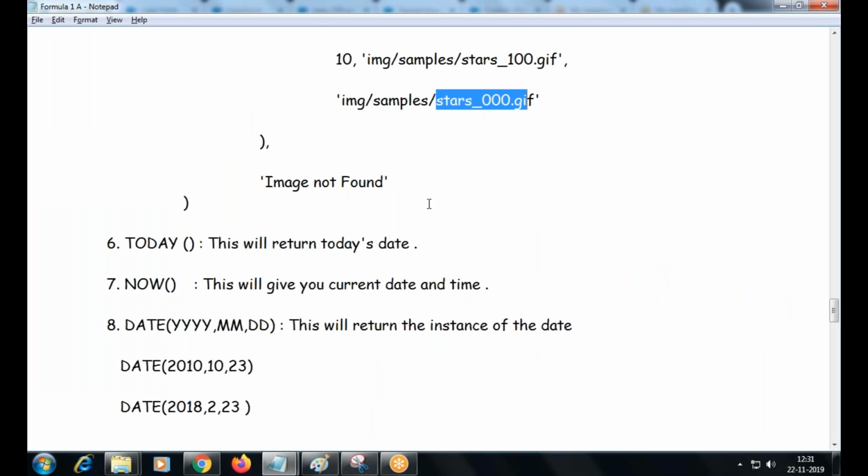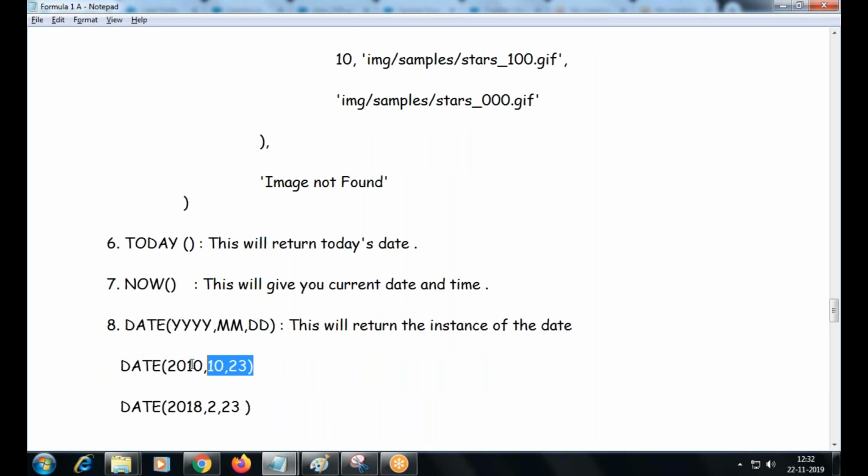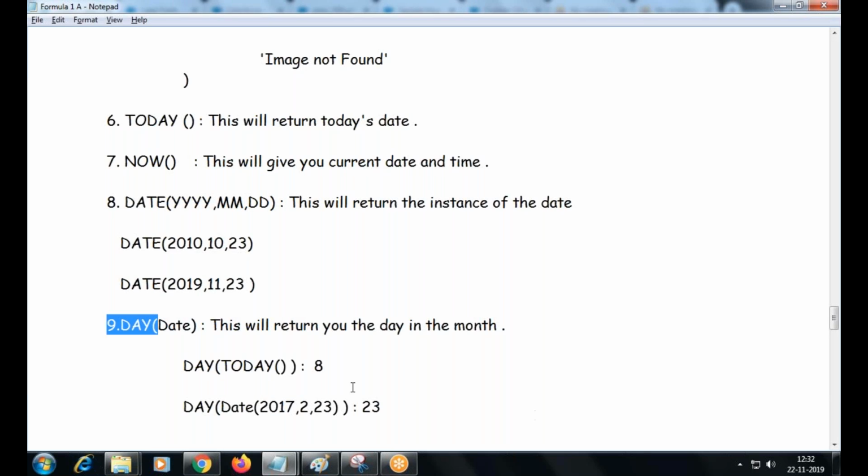Okay, so this is your use of the image function, and we also have a date function to get the current date, today, to get the current date and time. Okay, and any particular day you would like to pass, this is how you will build the date. 2018, right? Any date, current date you are going to build. You're going to build year, month, comma date. If I need the day of the particular date in terms of number, right? The day, particular day. If you do this, what are you going to get today? 22.